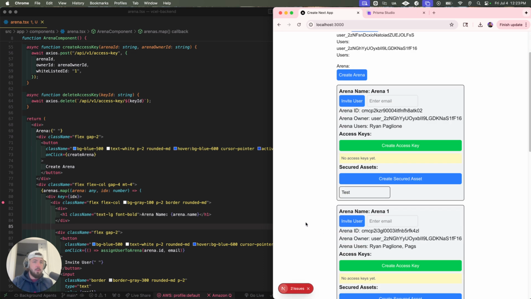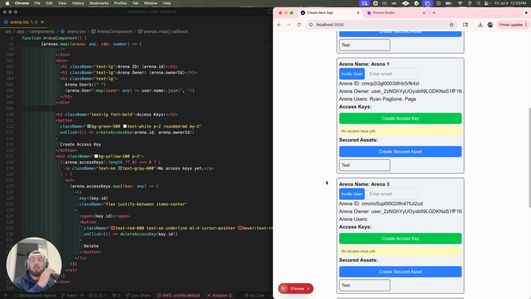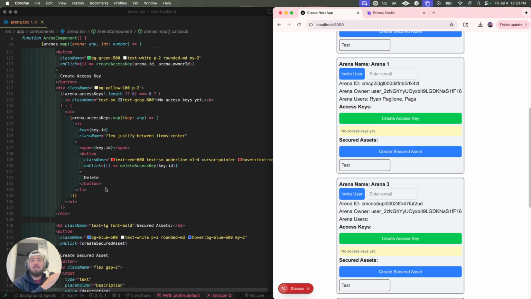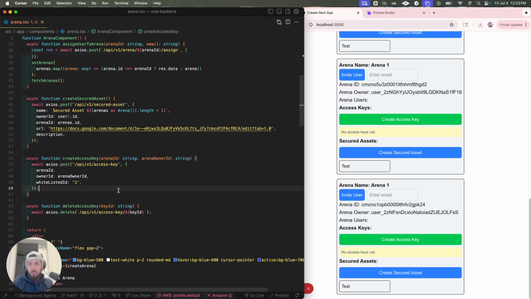Test. Let's see if we can create secured assets or access keys. We can't do either. This is getting sick though, guys. I'm so pumped on this. This is so cool. I know it's all generic, but I can pretty it up kind of quick,